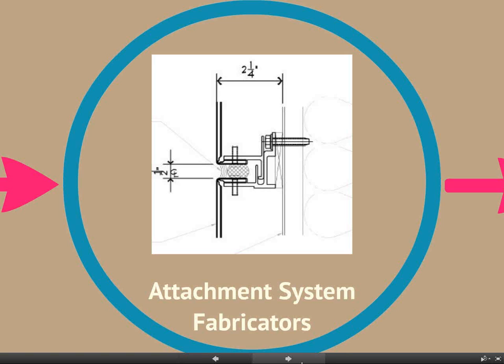Yes, and of course those sheets come in different thicknesses depending upon what wind load or one thing or another. You can get them in different thicknesses, but they're all metric sizes. And then we have the attachment system fabricators, the people who actually make the components to hold the stuff on the wall. And as I said, I think only one of the manufacturers of base panels actually makes an attachment system